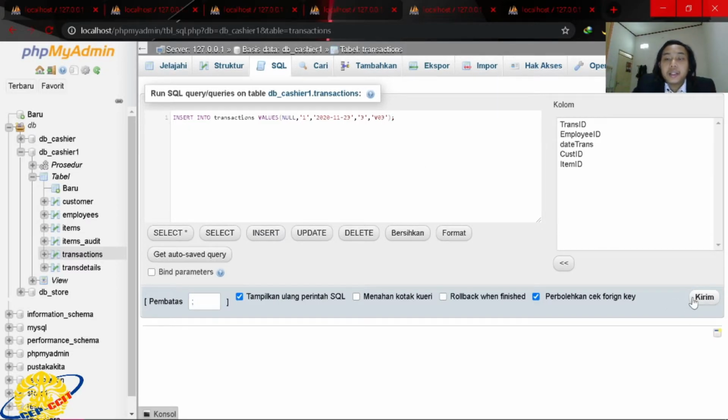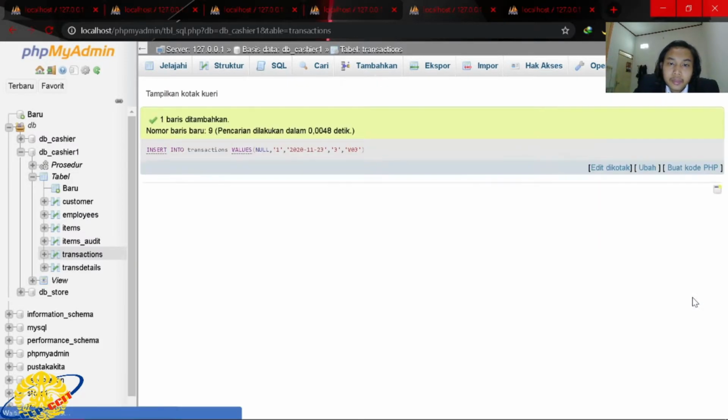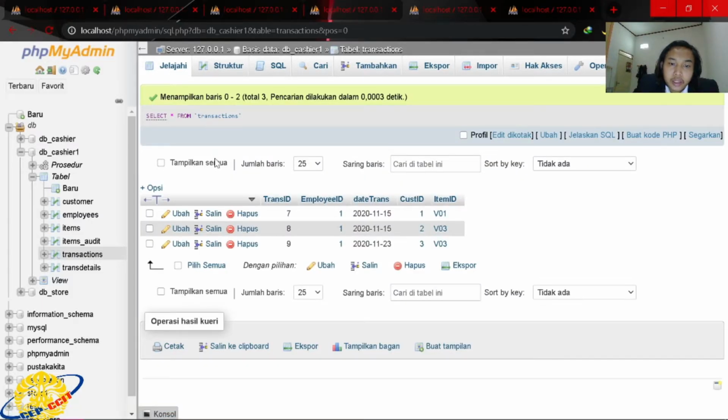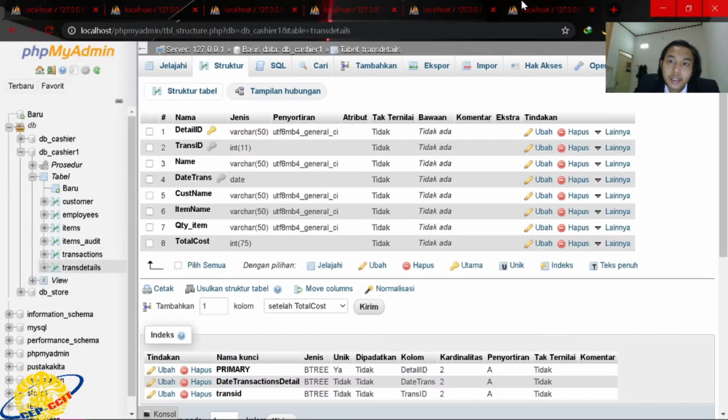Then we click send, and if successful it will display on this. The transaction ID is 9, the employee ID is 1, the date is this, the customer ID is this, and the item ID.